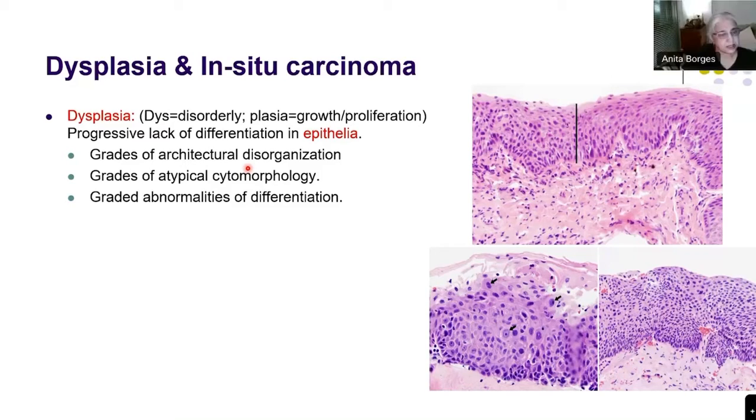CIN 1, 2, 3, and dysplasia mild, moderate, and severe. Is it different? Ma'am, they're connected, but in carcinoma in situ, there is full thickness involvement. I am not talking about high-grade dysplasia. I'm talking about CIN 1, 2, and 3, and dysplasia mild, moderate, severe, and carcinoma in situ, because we know that. Severe dysplasia.